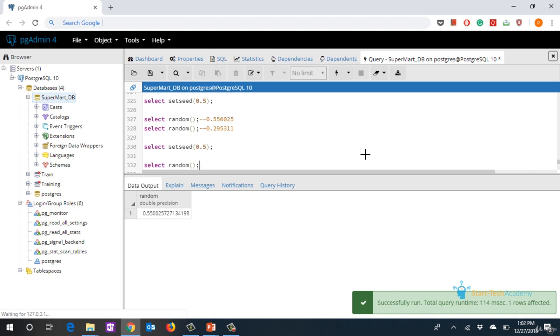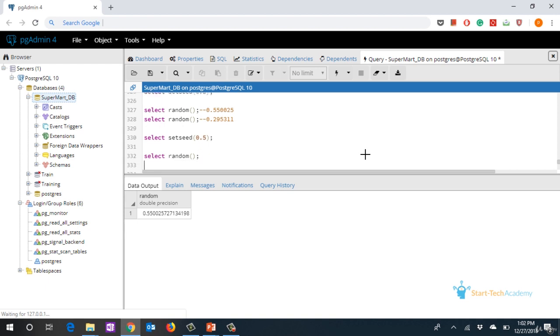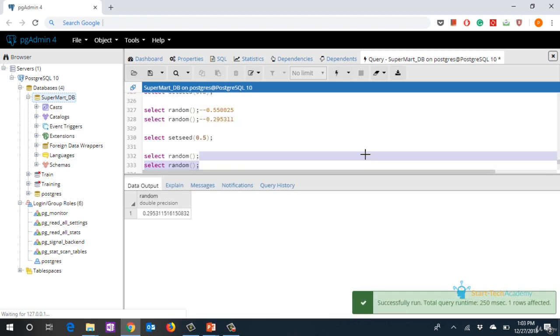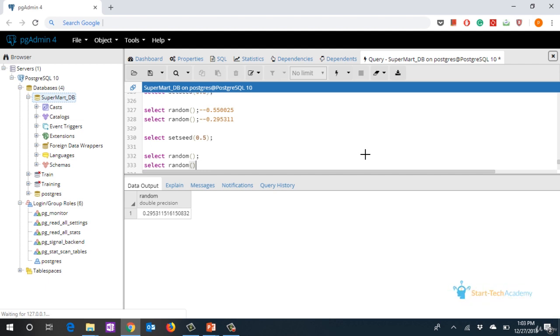I hope if you are doing it with me, you are getting the same values as I am. Let us run the random function again. This will be the same as 0.295311.